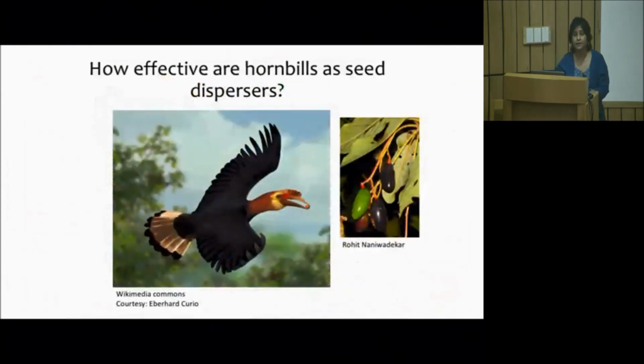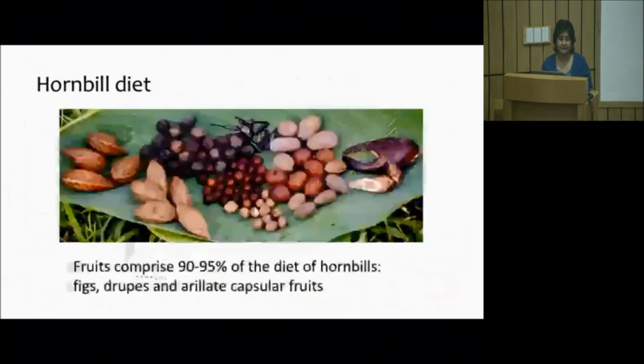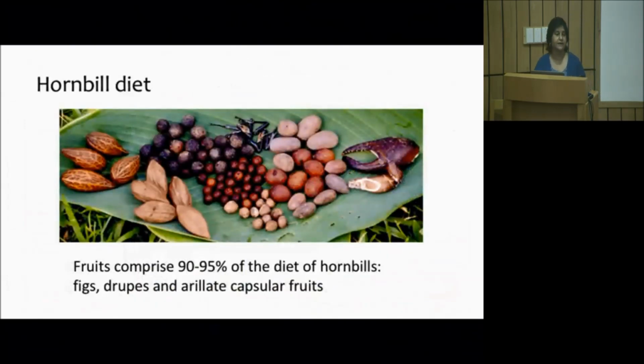Our main study question was to look at how effective hornbills are as seed dispersers. And this picture, by the way, is not of an Indian species. It is a picture of the critically endangered rufous-headed hornbill, or the Walden's hornbill, found in the Philippines. And so my initial research on the diet of hornbills showed that fruits comprised 90 to 95% of the diet of